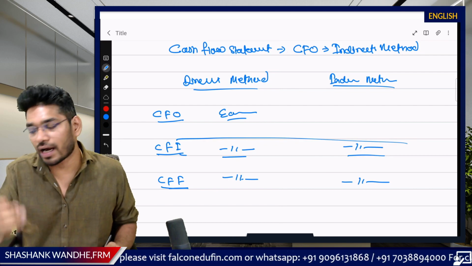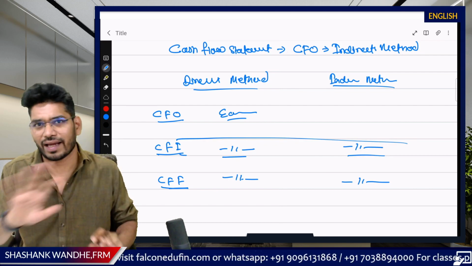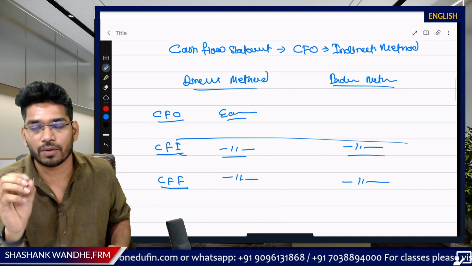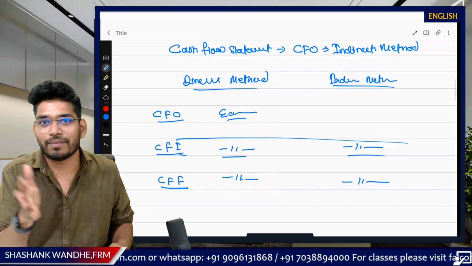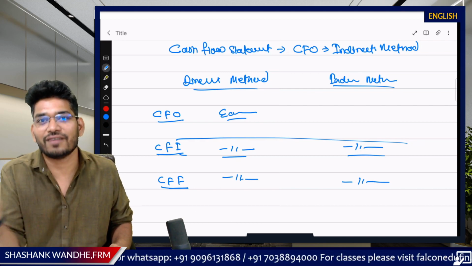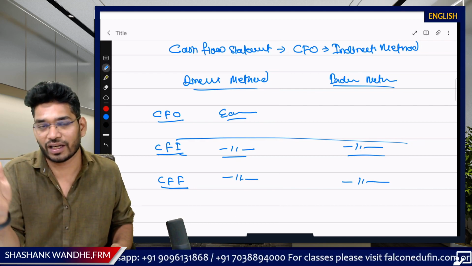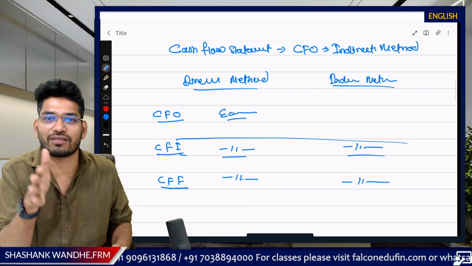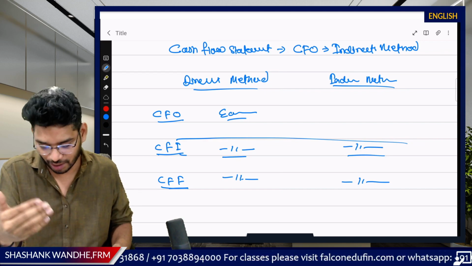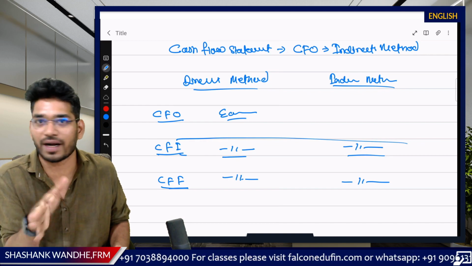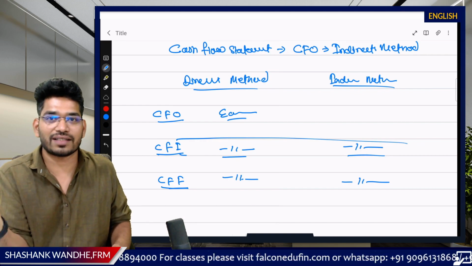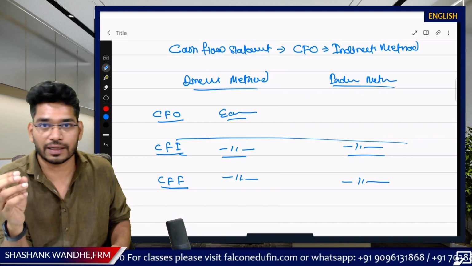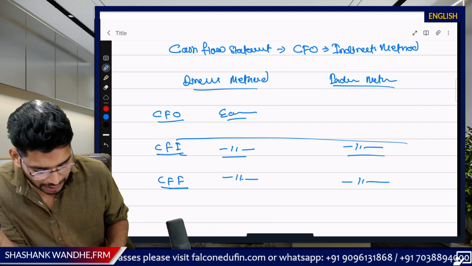And that's why from the academic standpoint also, if you consider any exam, this particular method is not highly testable, because information must be given readily. And if you are provided with the information, coming up with the CFO, the cash flow from the operations part, is not that difficult, right? So you can simply pull the values and get the answer. On the other hand, when it comes to the indirect method,